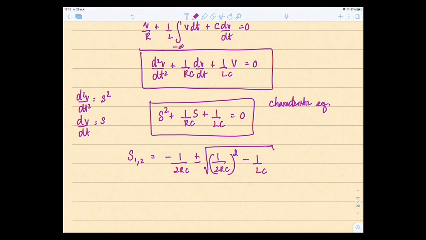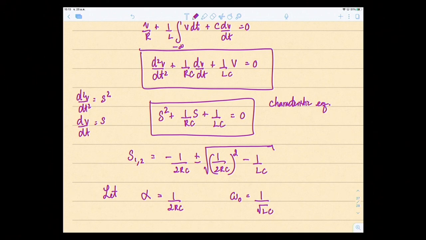And if we define a symbol alpha equal to 1 over 2RC, and omega naught equal to 1 over the square root of LC,